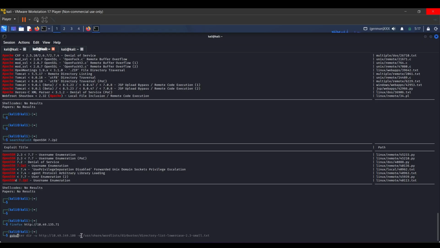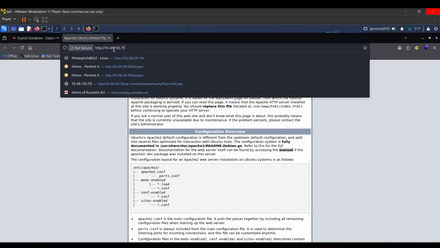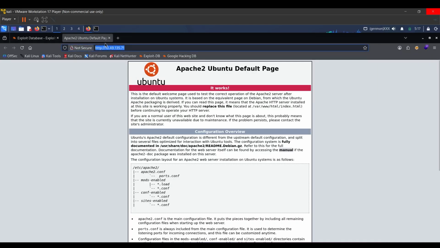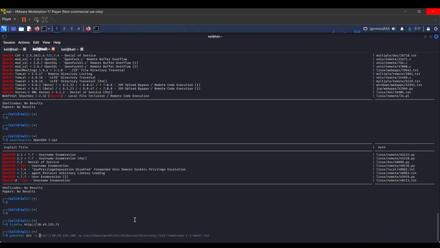So for us to do that, we're gonna use GoBuster dir, dash u for URL, paste the URL that we just copied here. And then minus w. So minus w is we're gonna use a word list for GoBuster to use to search for a domain or a directory inside the given URL. All right, so word lists are